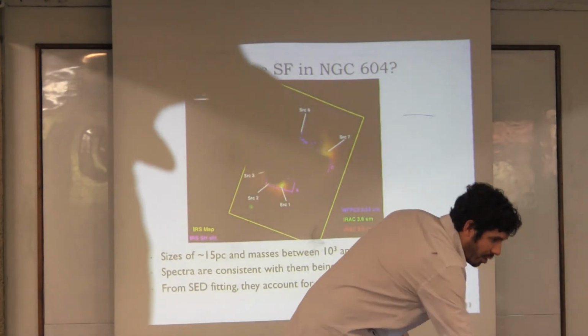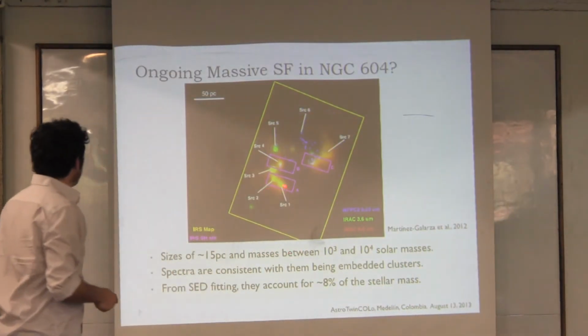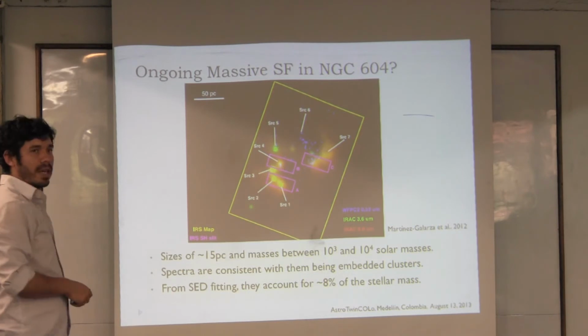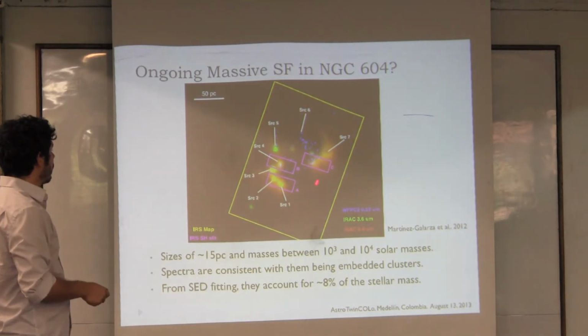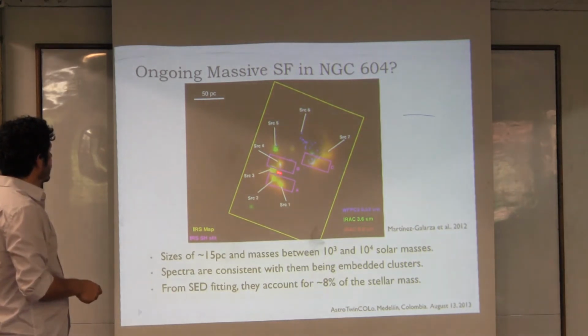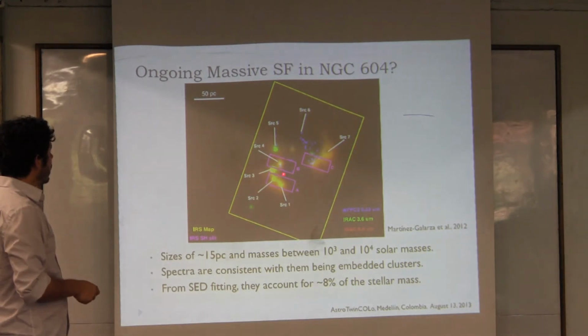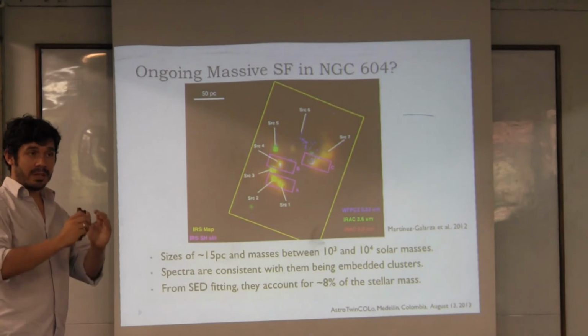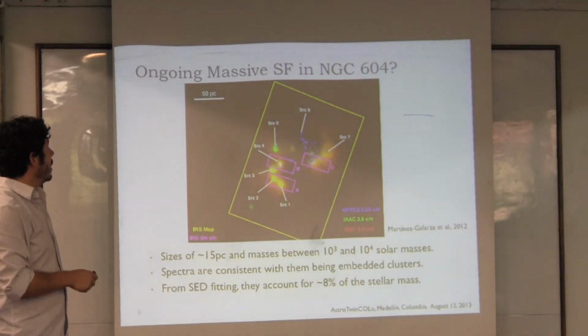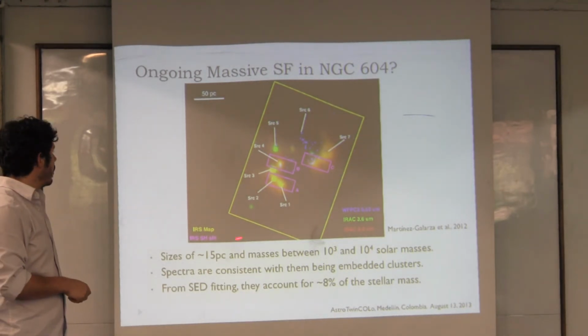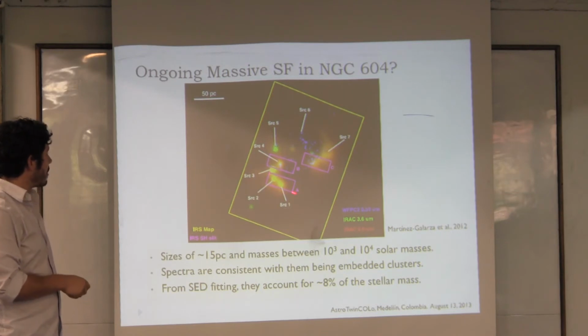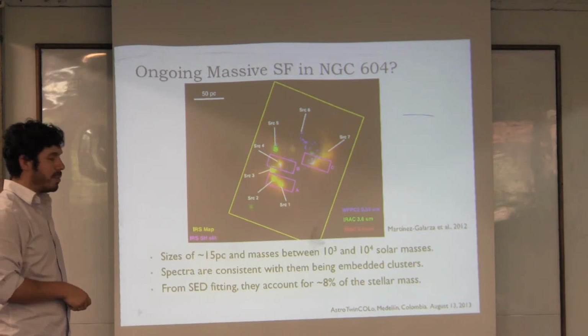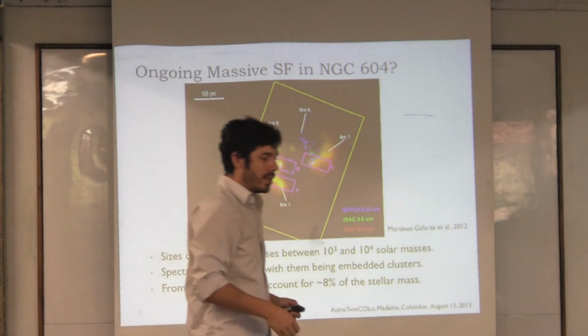So that's very useful. We also measured the contribution of very recent star formation in NGC 604. So this is NGC 604 observed in the Spitzer bands. And you see that there are certain blobs there of star formation. And you can measure the star formation in these blobs using this method. And we measure that even though the current star formation, as traced by the ultra-compact HII regions, is much less in NGC 604 than in 30 Doradus, you still have that the very recent star formation accounts for about 8% of the total star formation rate in NGC 604.